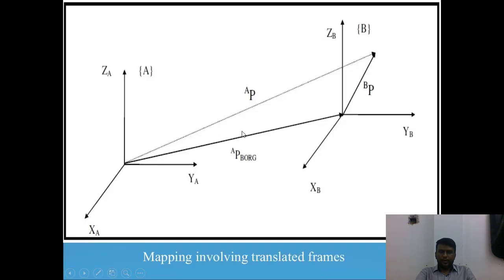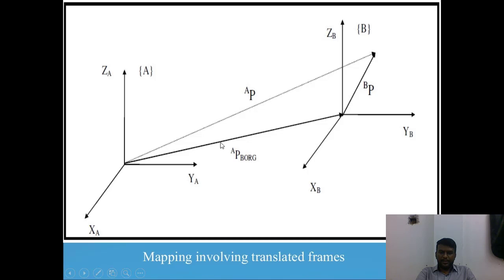So we come here, this is the frame B. We denote XB, YB and ZB, with subscript B for the B frame, and this is the position of point P in frame B. If I want to know the position in frame A, I need to know this vector PA. This is the length, these are the coordinates that show the position in B. If I know the position in B, I can find the position in A with the help of this vector.